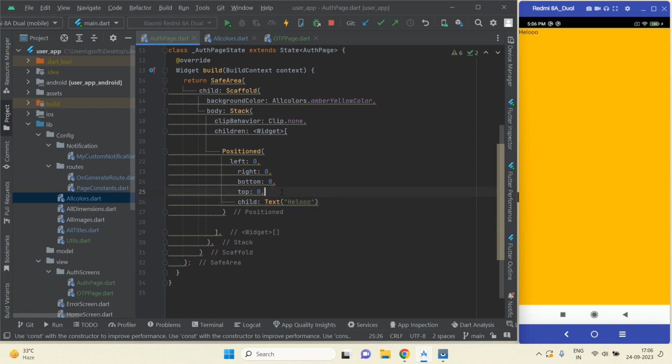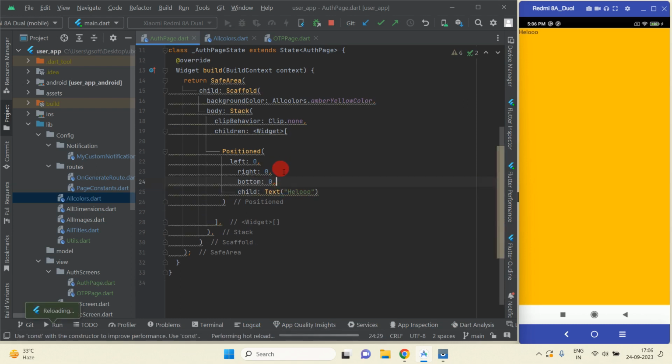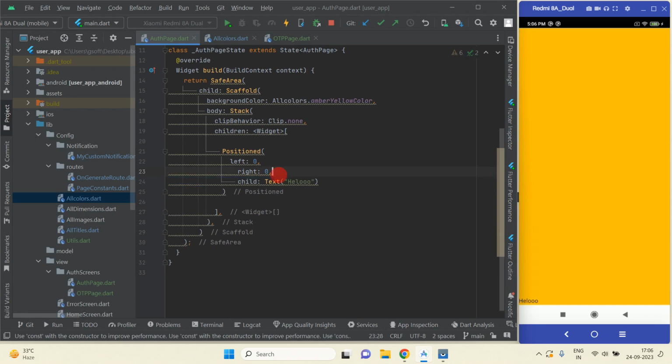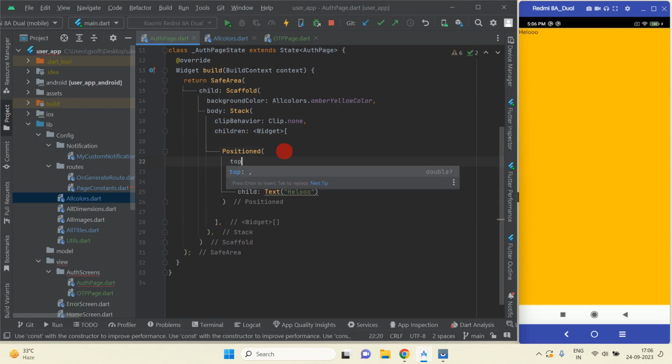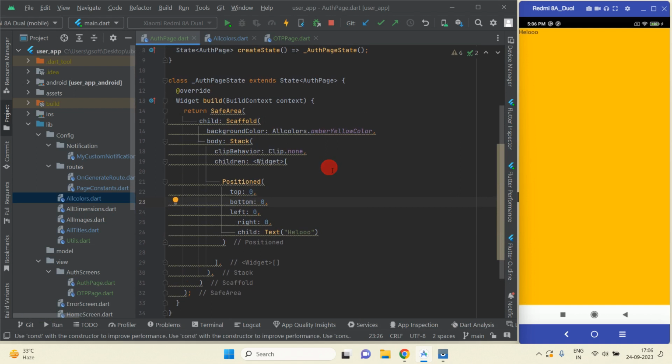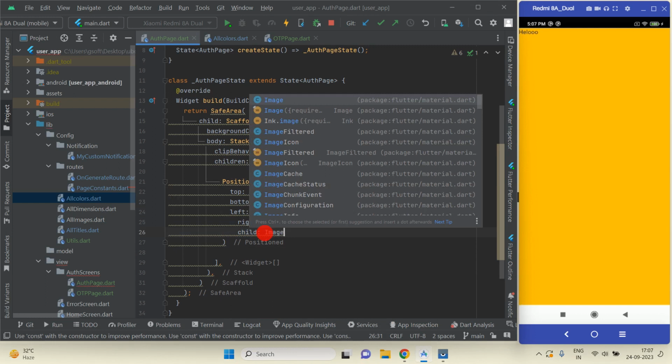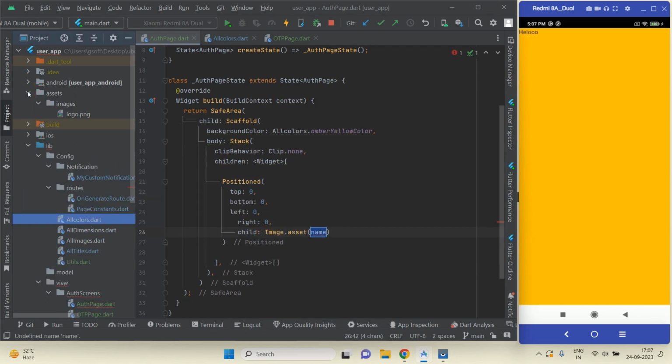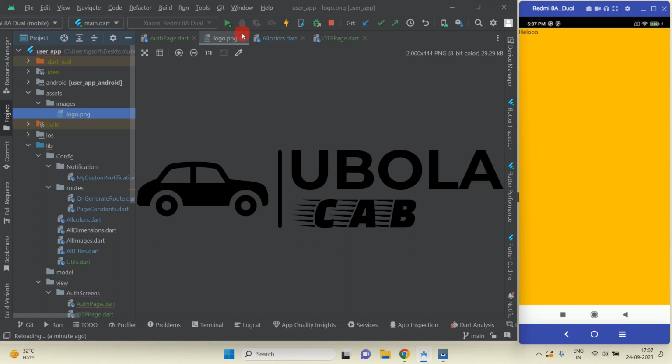Okay, so I'm going to use an image here, image.assets, and as you know we have already added the logo image